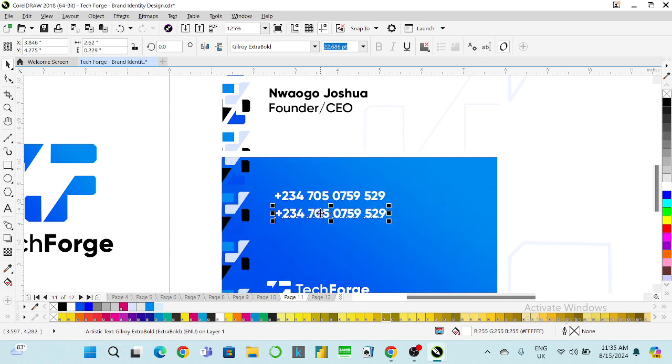Then what else would they want to put here? TechForge at gmail.com,